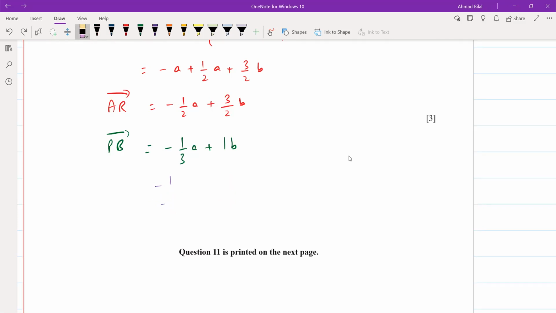ये तरीका हो सकता है, अब ये भी कर सकते हैं, you might find this easier। आप इनको आपस में डिवाइड कर लें, so B और A को इस तरह डिवाइड कर लें, that is also fine, और इसको इस तरह डिवाइड कर लें, so you could say ये Y कंपोनेंट है और ये B कंपोनेंट है, that's 3/2 divided by -1/2। ये देखें क्या आता है, और आप देख लें 1 divided by -1/3।